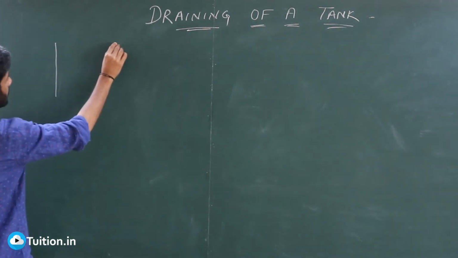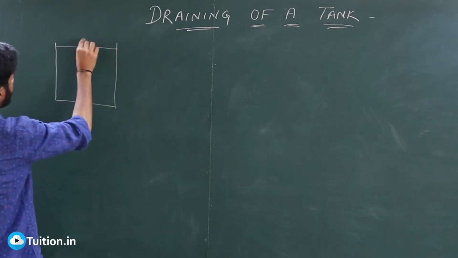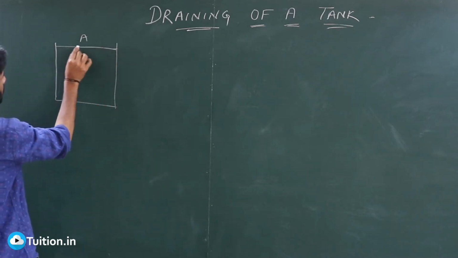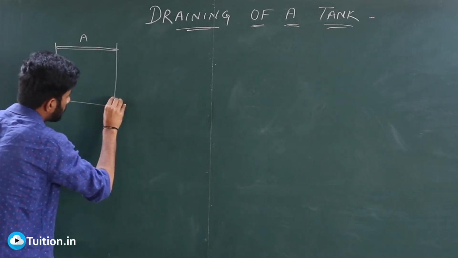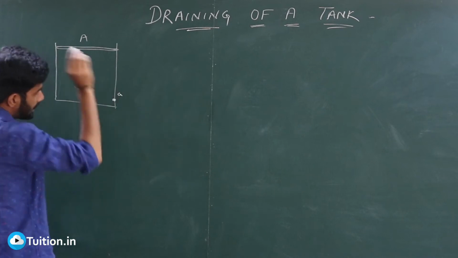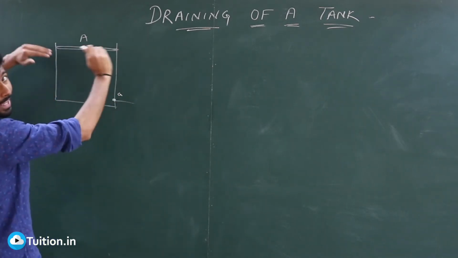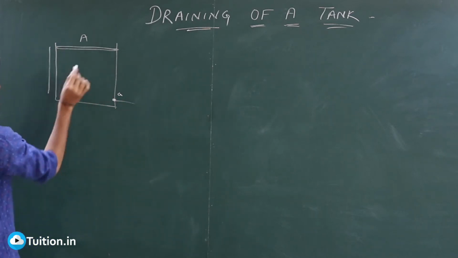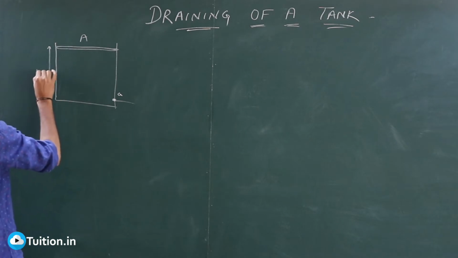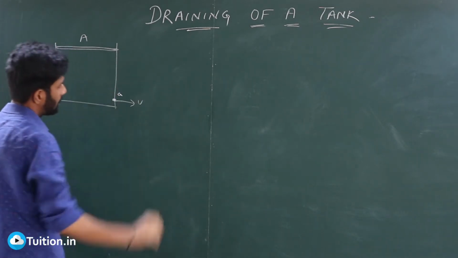So you have a tank having a certain area A. The area of the cross section of the tank is A. If I make a very small hole of area small a, there will be some liquid. It's filled, by the way. The tank is completely filled. Above this area A, there is h height of liquid. So liquid will start coming out with some velocity v.